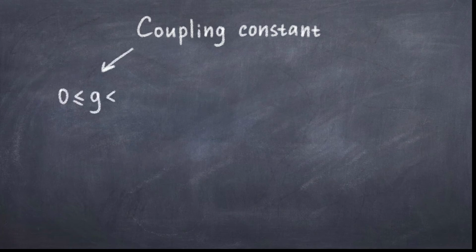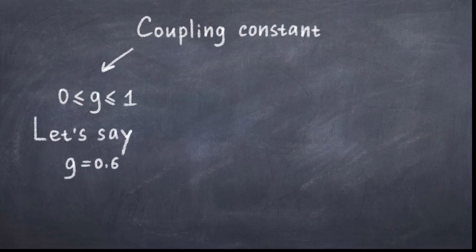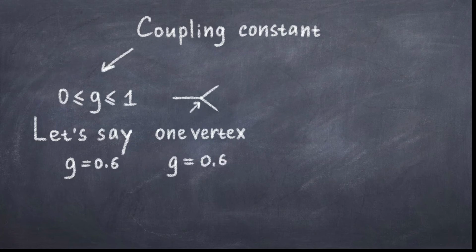Every vertex contains a coupling constant of the theory you consider. We often call the coupling constant G, and this constant is simply dimensionless, and it generally has a value between 0 and 1. This is very important because this means that higher order diagrams are less important. This is because every vertex gives a factor of G. Thus, if you have a simple decay process, you just have G. But loop corrections to this diagram has 3 vertices, thus you have G cubed.